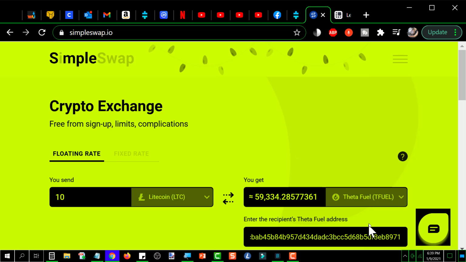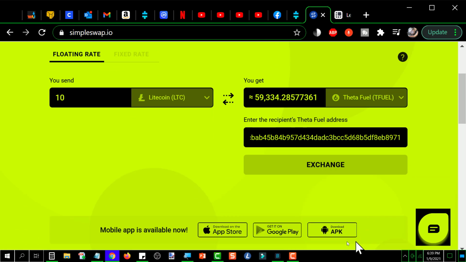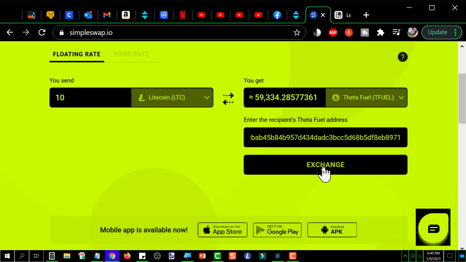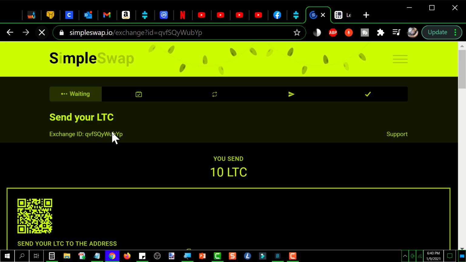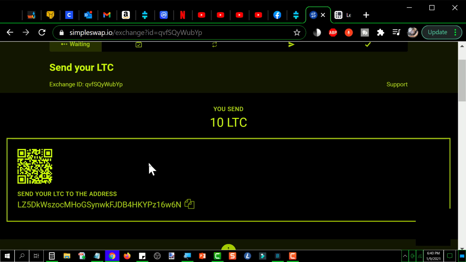And once you've done those three things, then it's going to tell you how much, let's say THETA is what you are swapping for, so it'll tell you how much THETA you're going to get for the specified amount of Litecoin. And once you have filled in those three things, then the button below it will light up for exchange, and you click on that, and the next thing it'll do is it'll ask you to confirm all of the